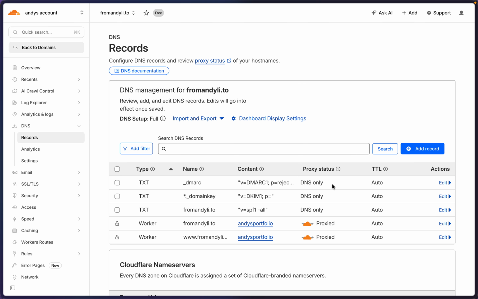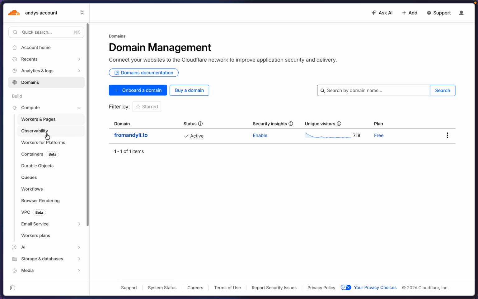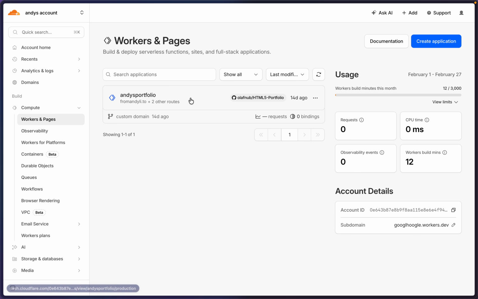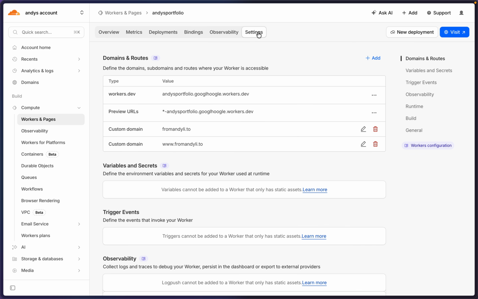And once you have that removed, then you can go back to your actual Cloudflare page and edit the custom domain. And from there, this is where I added my custom domain, fromandylee.2, and then www.fromandylee.2. And that should work. After that works, then you can visit the site and yeah,